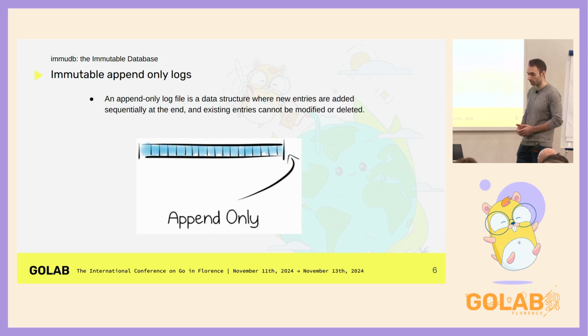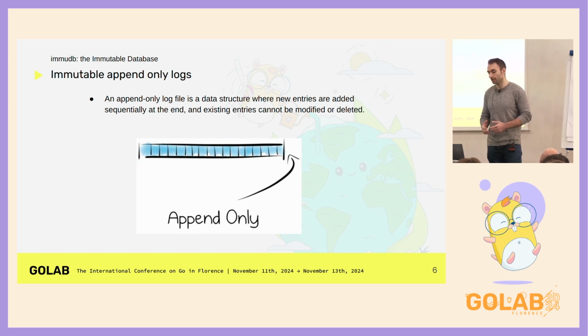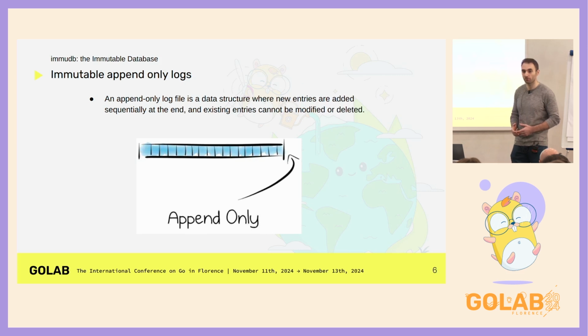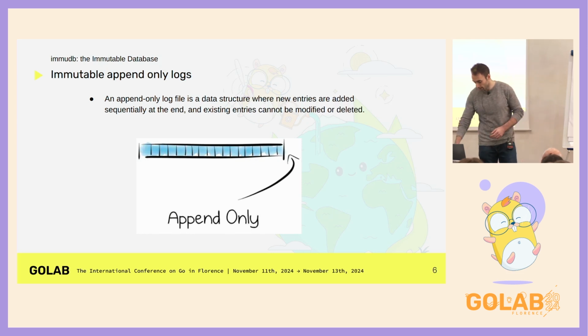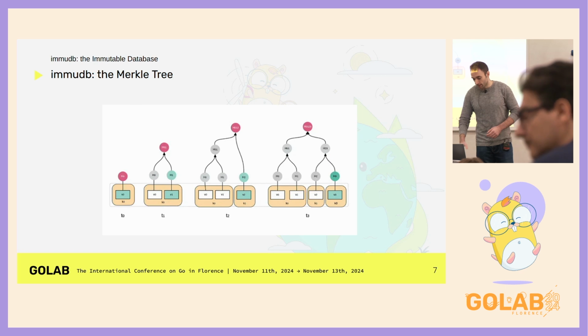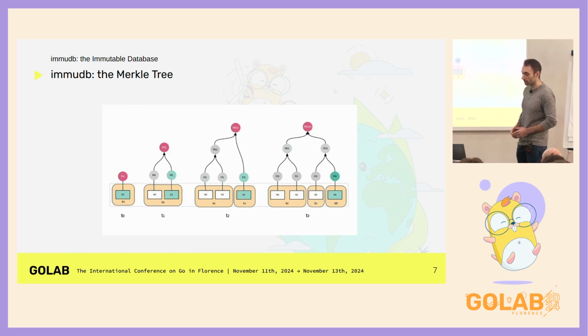regardless of whether we are talking about internal core data structure or just entities, raw documents, or whatever. And this also has a nice benefit in terms of performance, because we all know that today's SSDs are heavily optimized for this kind of access pattern and perform better when you just write something to the end of a file. The other critical data structure is the Merkle tree,